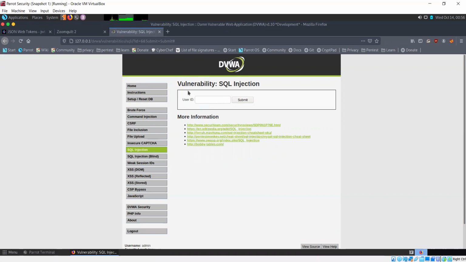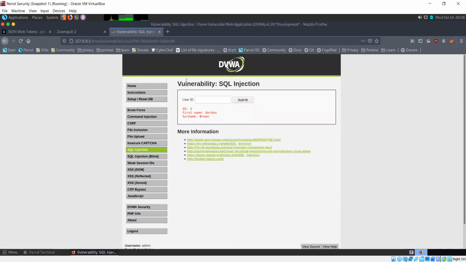Now, when we discussed select queries yesterday in SQL, here also something similar is happening in the background.